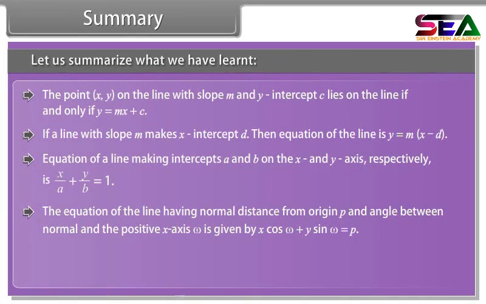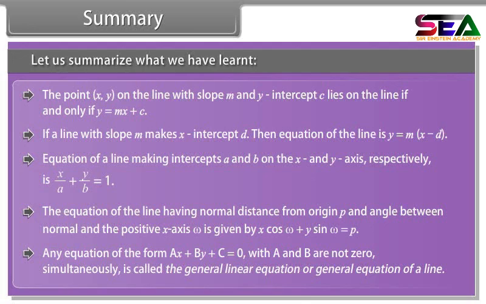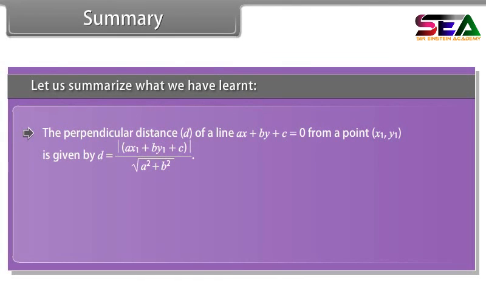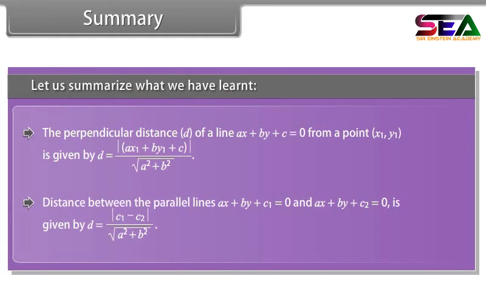The equation of the line having normal distance from origin p, and angle between the normal and the positive x-axis omega, is given by x cos omega + y sin omega = p. Any equation of the form ax + by + c = 0, with a and b not 0 simultaneously, is called the general linear equation or general equation of a line. The perpendicular distance d of a line ax + by + c = 0 from a point (x1, y1) is given by the distance between the parallel lines ax + by + c1 = 0 and ax + by + c2 = 0 is given